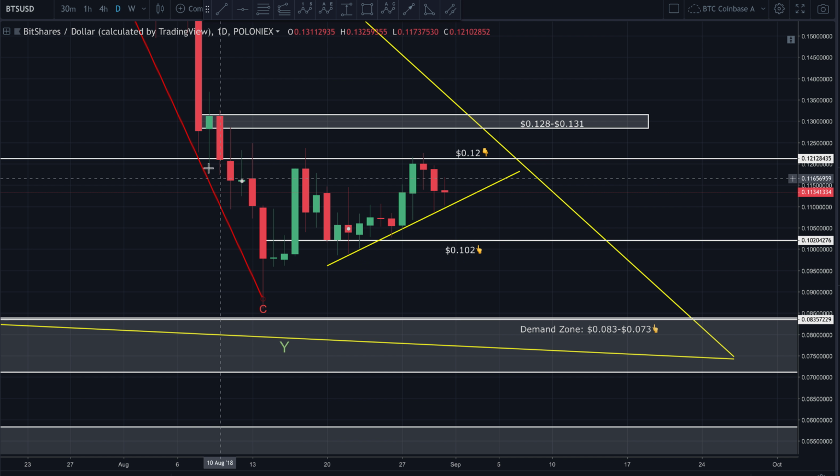We can see that also this 12 cent area has acted as strong resistance, tested numerous times here, and never decisively broke through by anything more than a wick. So price has been kind of respecting this ascending resistance line right here, denoted in yellow. It's been bouncing right along that line for about a week and a half now, and it's now kind of approaching this pocket here. So in the next, I would say, probably 3 to 5 days, we should see a larger move,